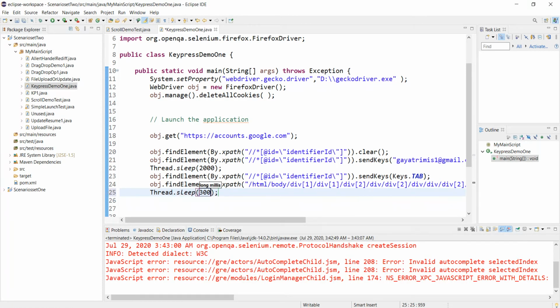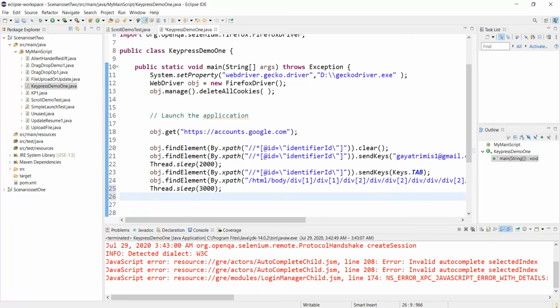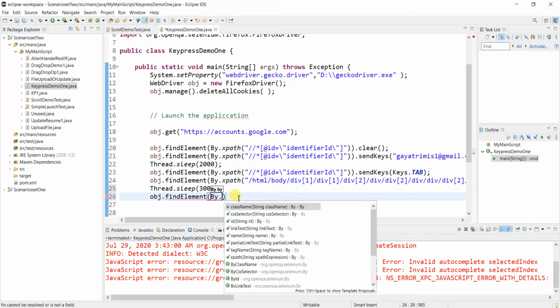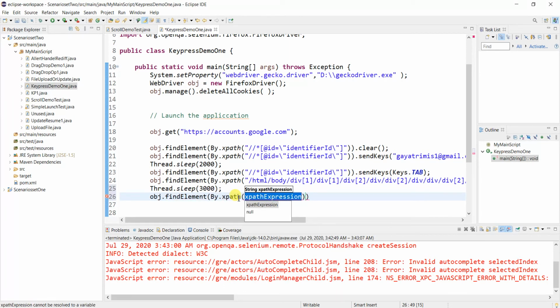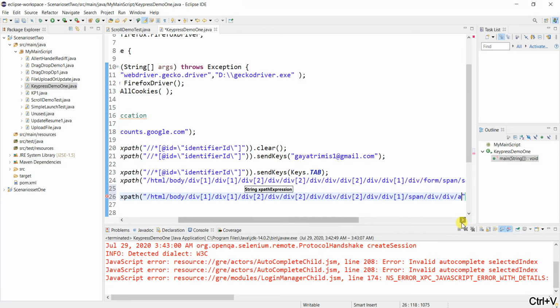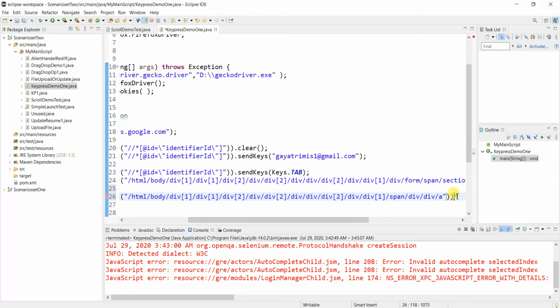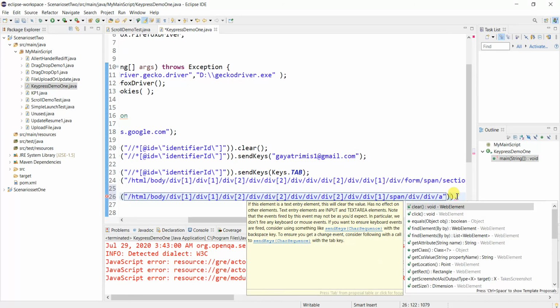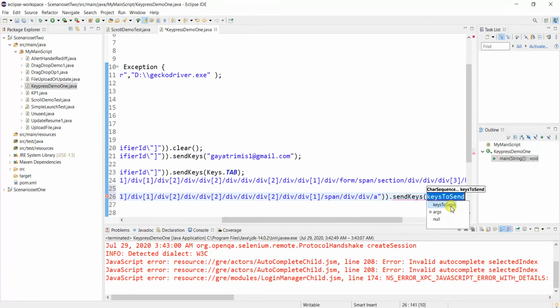To make it slower, we can use thread.sleep. No need to worry. Now I took the XPath of the other element where we need to click on tab again to come to the button where we need to click.